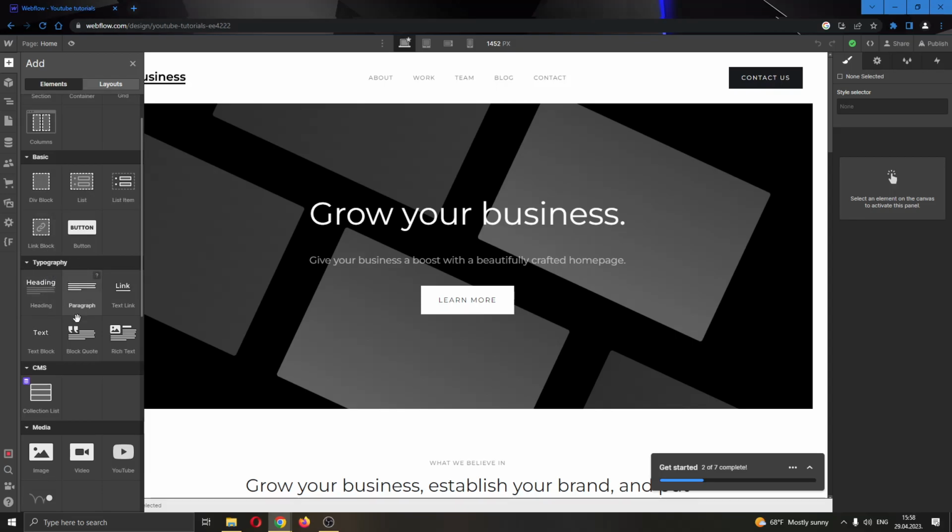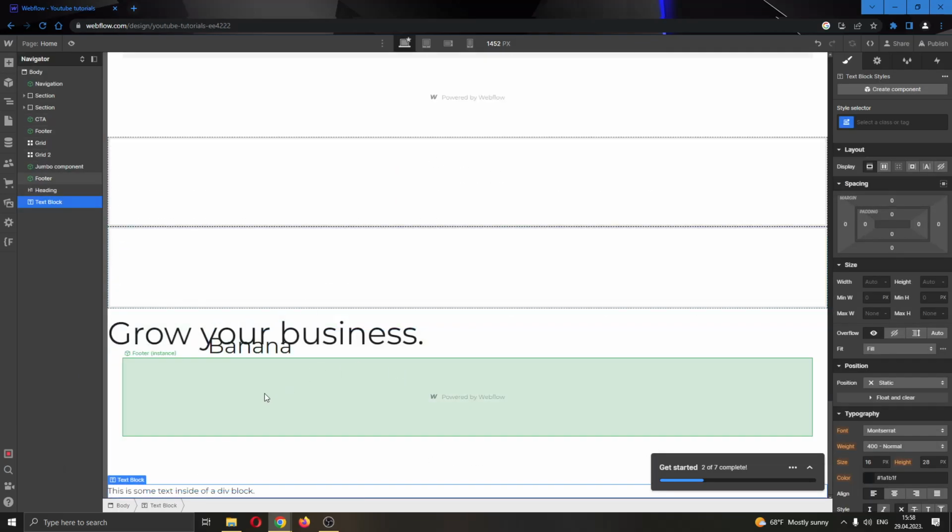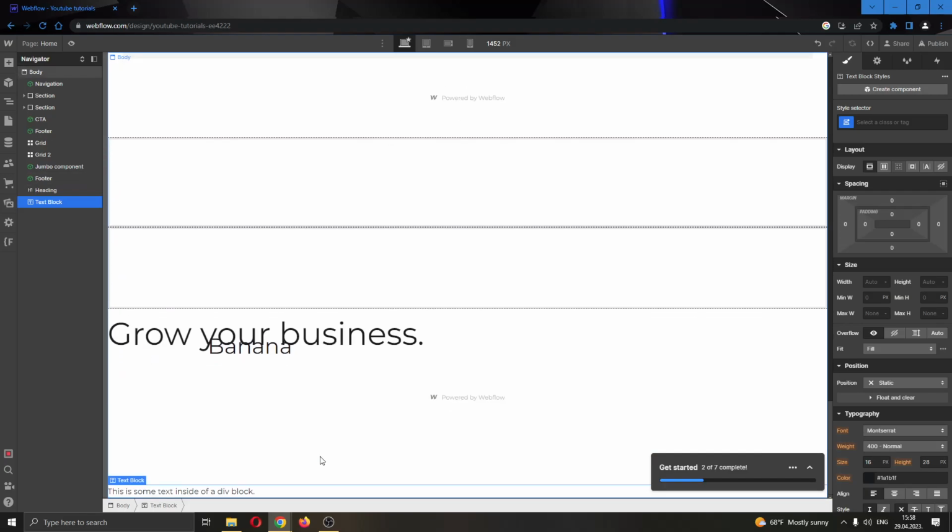As you can see, we now have the option to either add a heading or a paragraph or text blocks or something similar. For today's video, I'm going to be using this text blocks option right here, and just go ahead guys and click on it, and now this will automatically add the text blocks to your site. So what you can do now is go ahead and edit your text blocks. I'm going to type in YouTube tutorial,